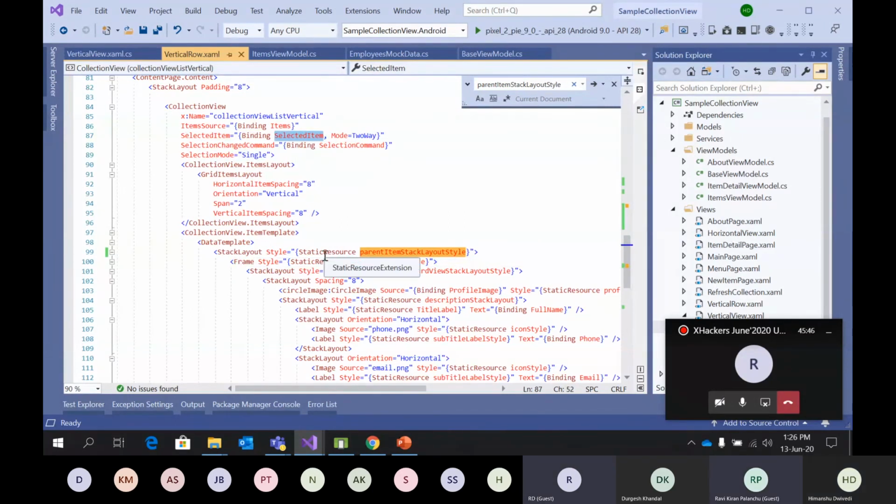Yeah, I have seen one NuGet that supports that. Okay, might be I haven't seen that NuGet. If it is there, then probably it should be a paid one. Let me check once. Usually it is done that way. You have to define one delegate, and then through the delegate you pass the event from your native to your portable library.